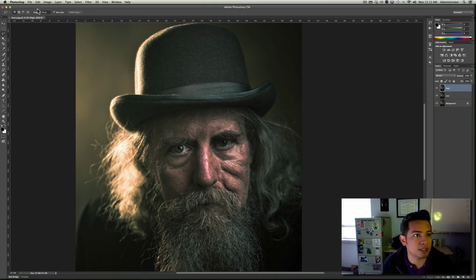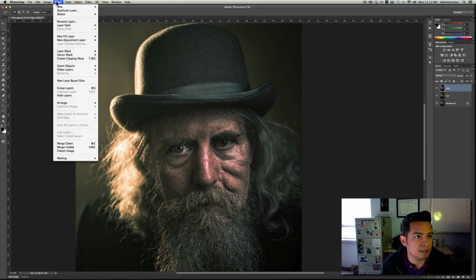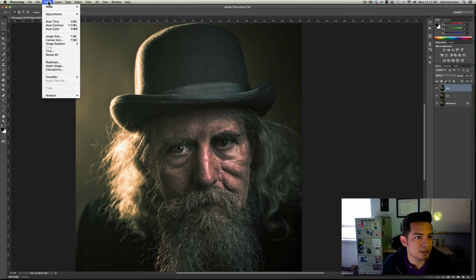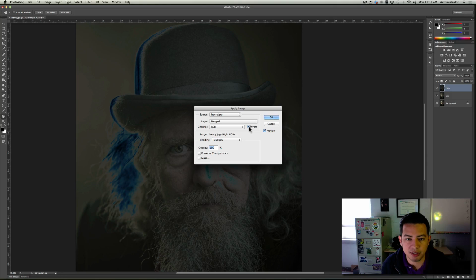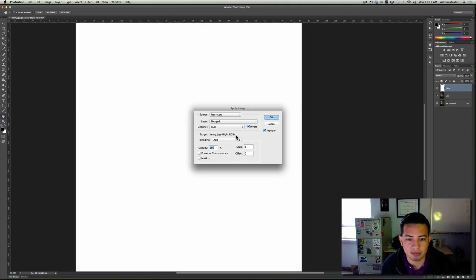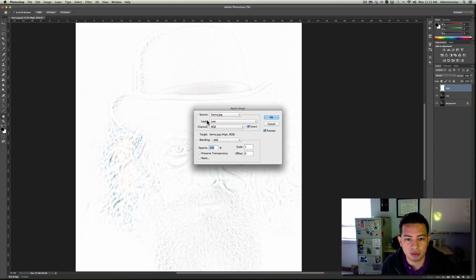assignments. But anyway, let's go here to layer. Go to image, apply image. You're going to go to invert. Make sure I check invert. You're going to do add over here, and you're going to make sure you do source. Let me see, layer low. Okay, now